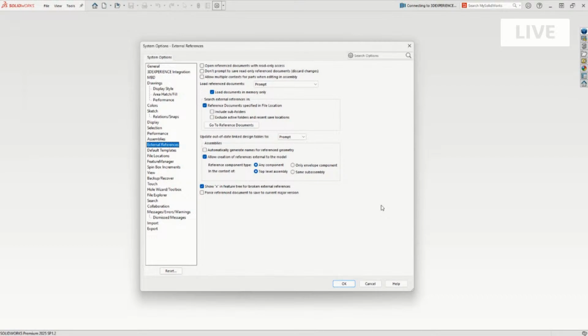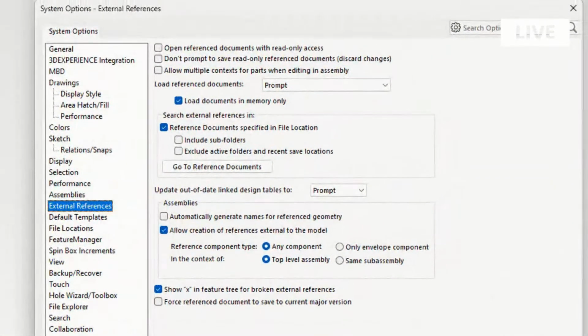that we take a look at a few of these options. So one of these areas that's off by default is allow multiple context for parts when editing in assembly. So this I do recommend keeping off unless you find some reason to turn it on. Essentially, what this allows you to do is to kind of do the example that I said, we were doing up to surface, and then continue to define that part, and then maybe have another reference to another part in the same assembly, which once again can create some additional complexity,